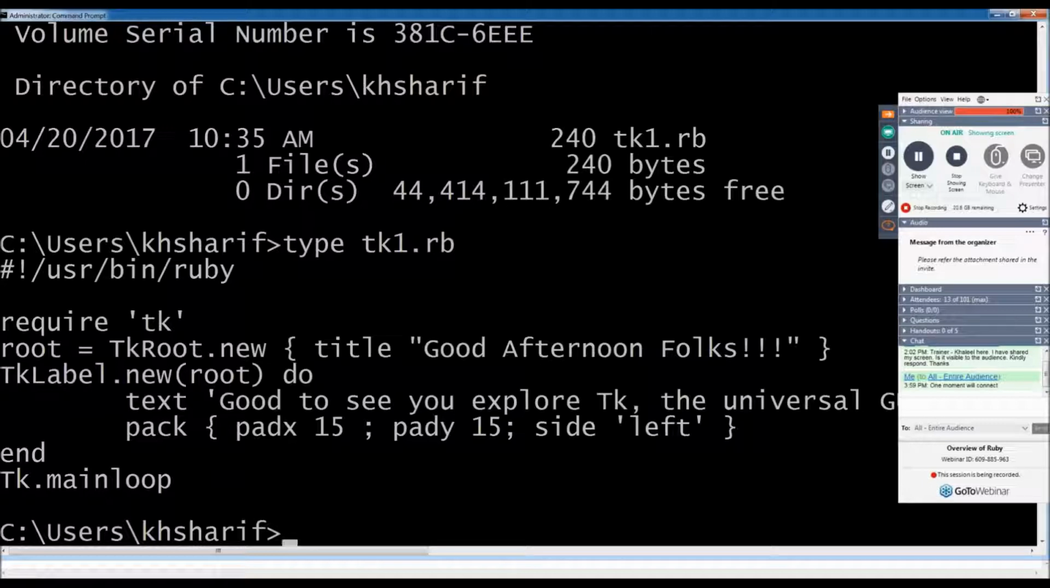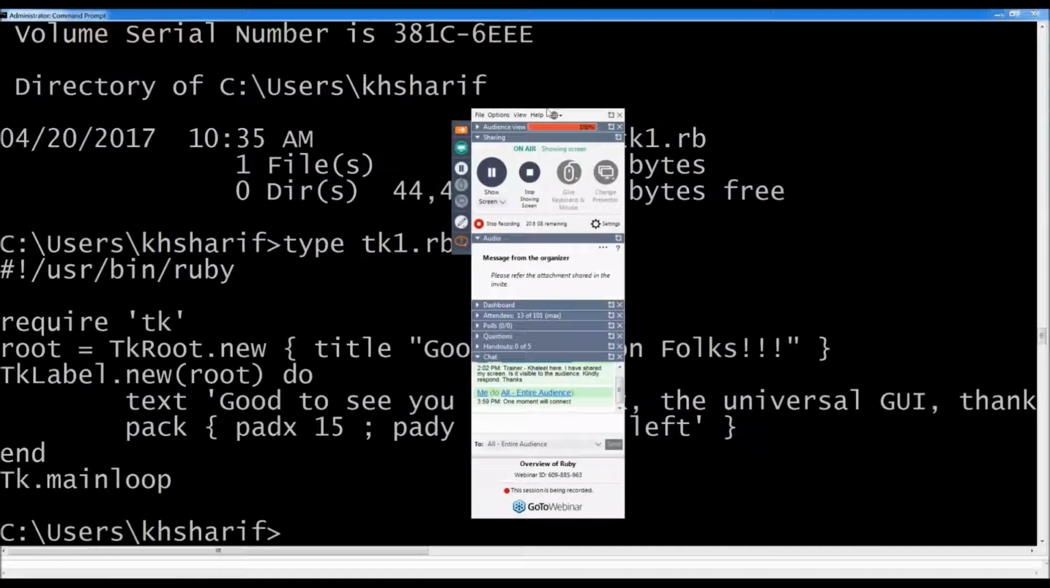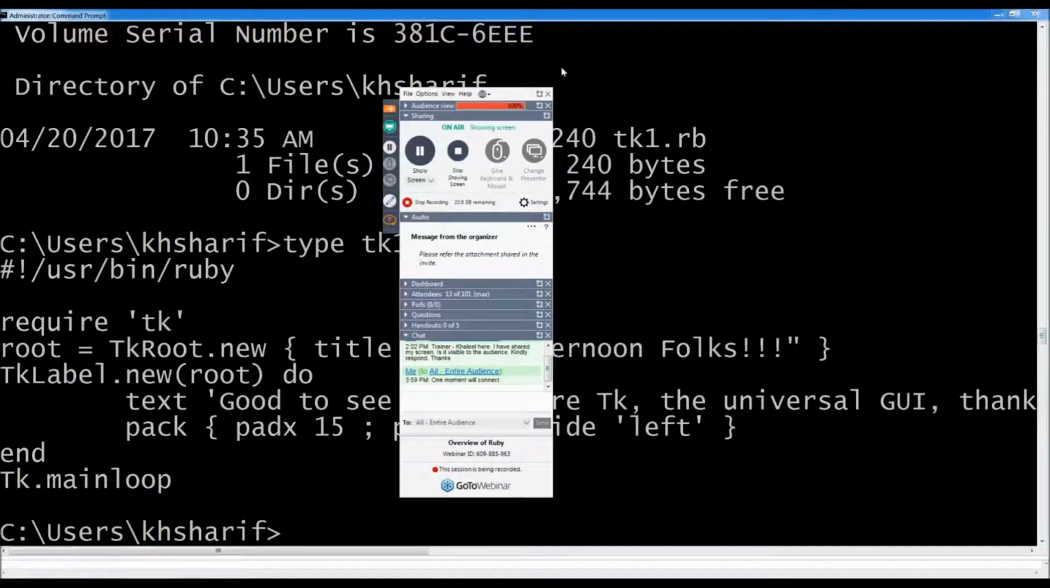In that, you are specifying a title. Title says good afternoon folks, and then you have a TkLabel.new of root. So you are passing the root object to TkLabel.new, and in TkLabel.new you are giving something that is good to see you explore tk, and then it talks about pack, and you are having a certain list of attributes and their values. So you have pad x, pad y, those are the attributes, and then you have